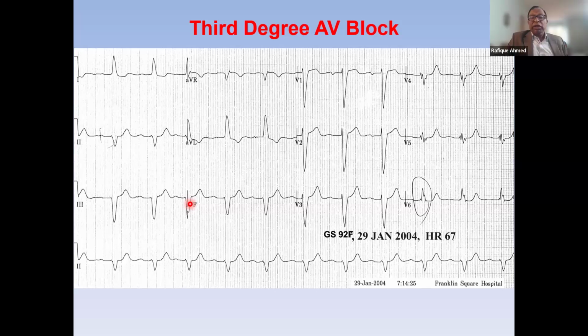Yeah, the question is, the younger the person is, the higher my threshold for putting a pacemaker in. So let's say somebody 85 years old comes to me and has some bundle branch block.